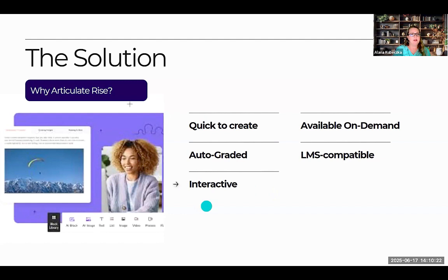It's interactive. Of course, you make it as interactive as you want it to be.